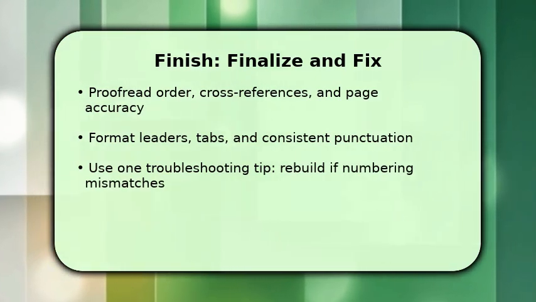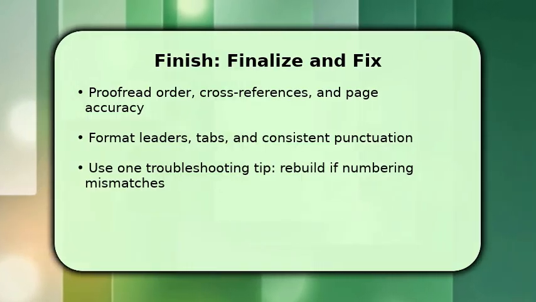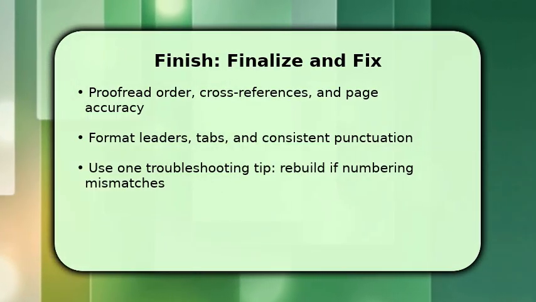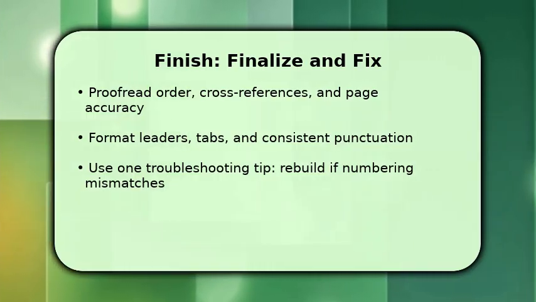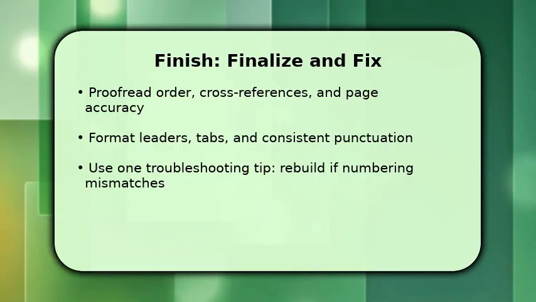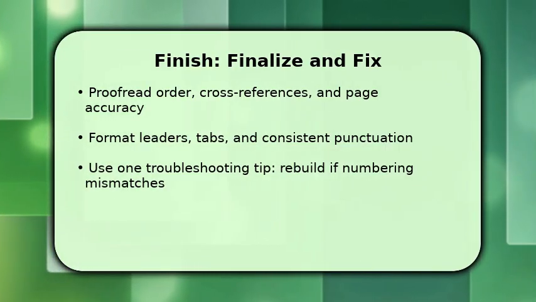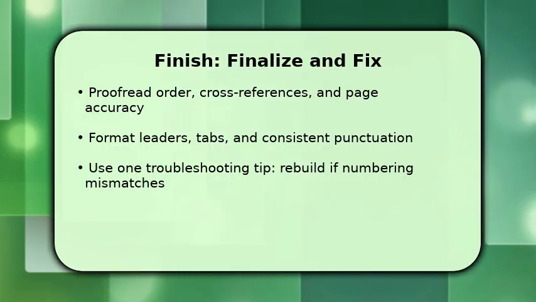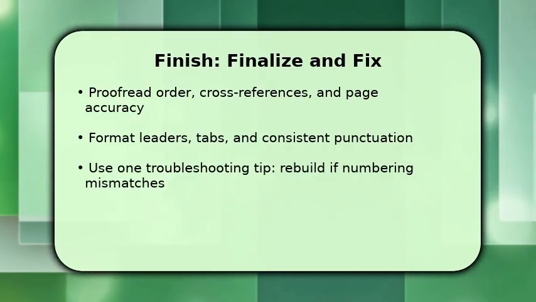Then format leaders and tab stops so dots and columns align, and standardize punctuation across entries. If page numbering came from a draft that changed, rebuild or regenerate numbers rather than editing manually, because mismatches are the most common problem. If things go wrong, restore your saved version and reapply batch fixes. That one reliable reset often resolves stubborn